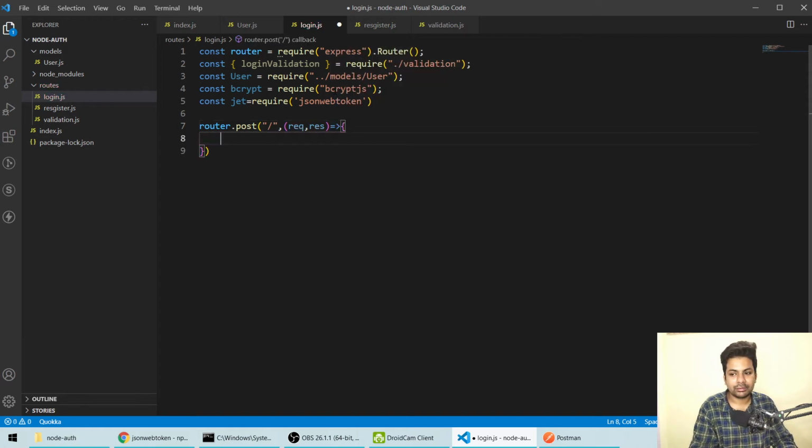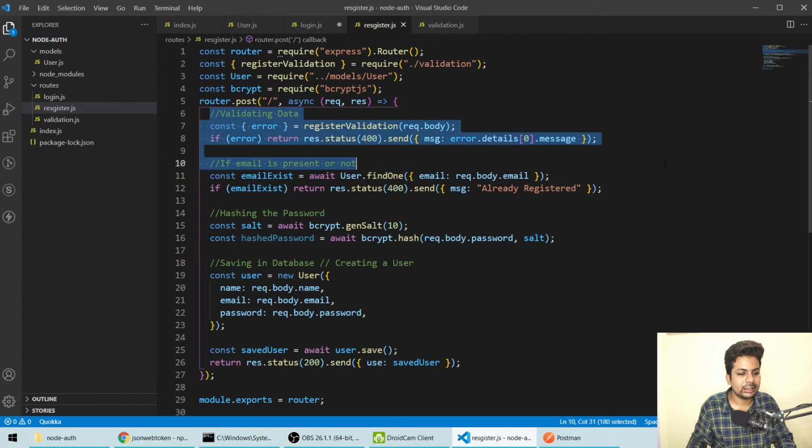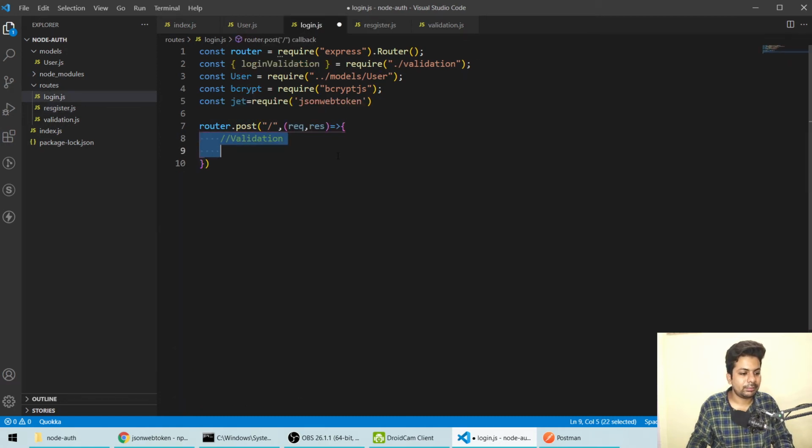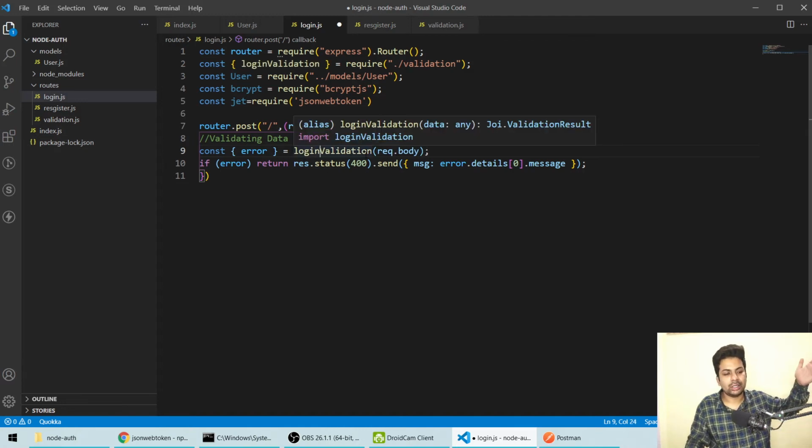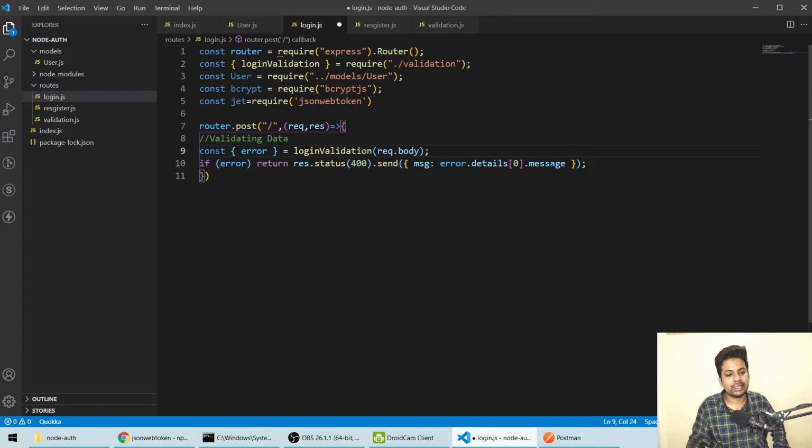Now firstly what we'll do is validation. For validation we'll go to the register route and copy this thing. We'll come here and paste it here. Instead of register we use login. The data will come and we'll check for the login whether everything is fine, like the data is proper.